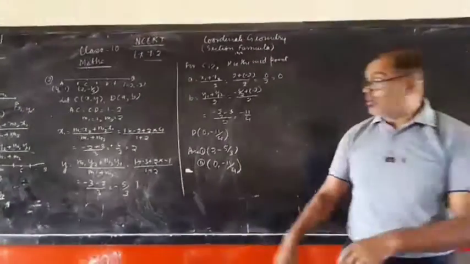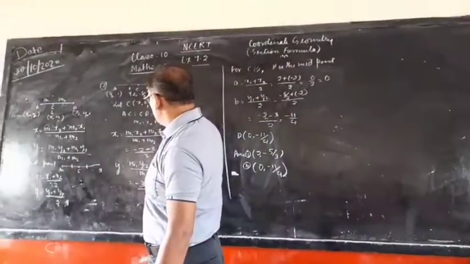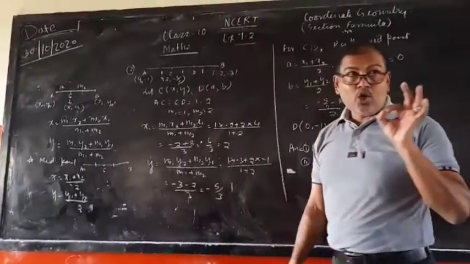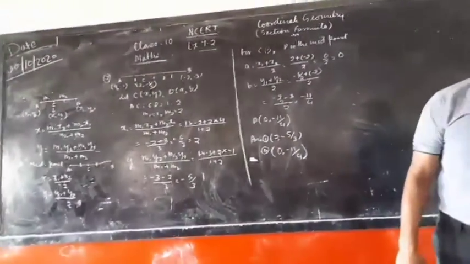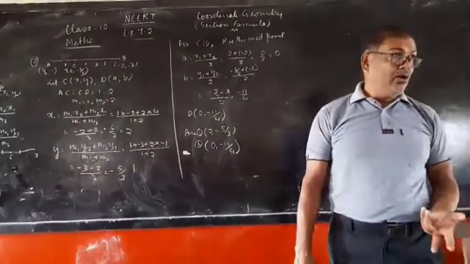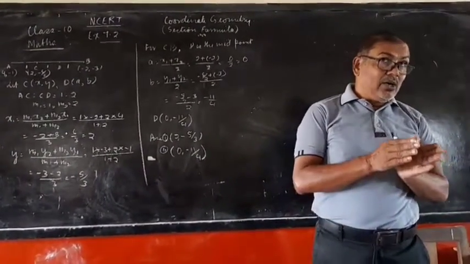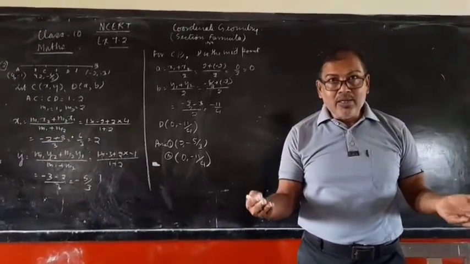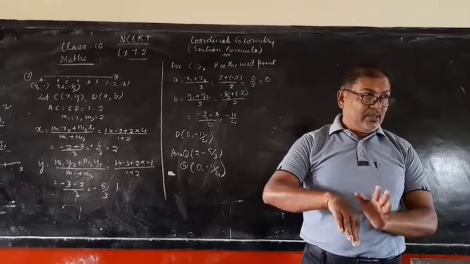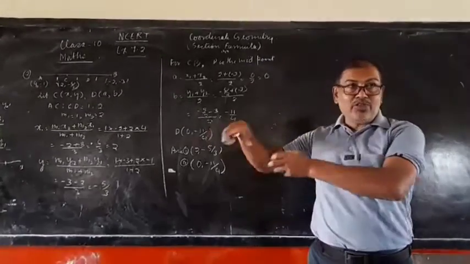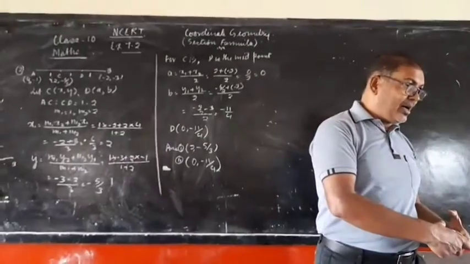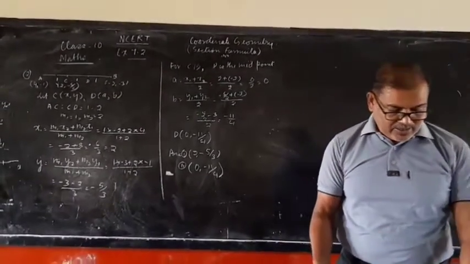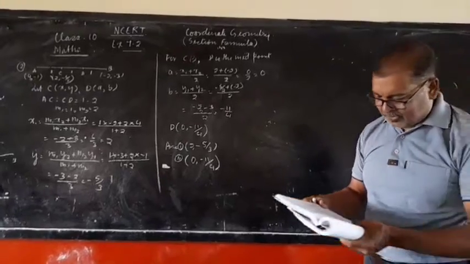The ratio was given, children, look. 1:1:1, then 1:2 ratio are given. Here the ratio is given 1:1. Then you have to find the coordinate of the intersecting point. Now we have been given the coordinate of the intersecting point, and in this condition you have to find the ratio. Okay, it is the opposite: what we had to find there is given here, and what was given there we have to find. Let us practice the question, children.